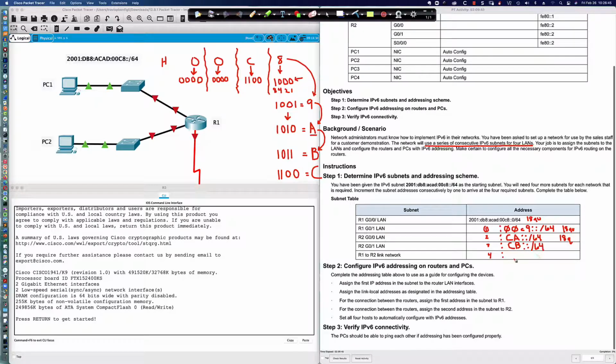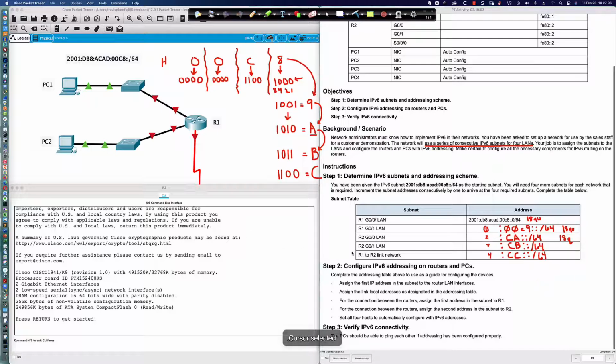And then finally, we'd have Charlie Delta. I'm sorry, Charlie. Whoops. Knowing your ABCs is very important when working with IPv6. Charlie, /64. All right. So now that we've got that sorted out, we are ready to rock and roll on